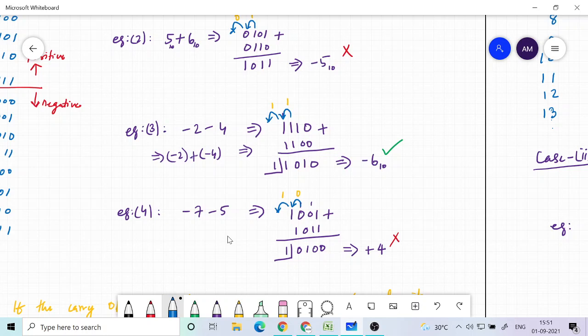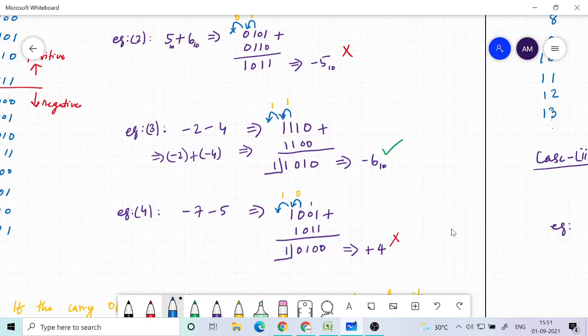Yes, sir. I thought that we have neglected the carry, but when I verified the result, it is still not matching. No, I am saying the result is 4 according to the rule. But whether the 4 is to be accepted, the answer is no, because overflow is detected. How do you detect overflow? By looking at the carry of the MSB position and the previous position.